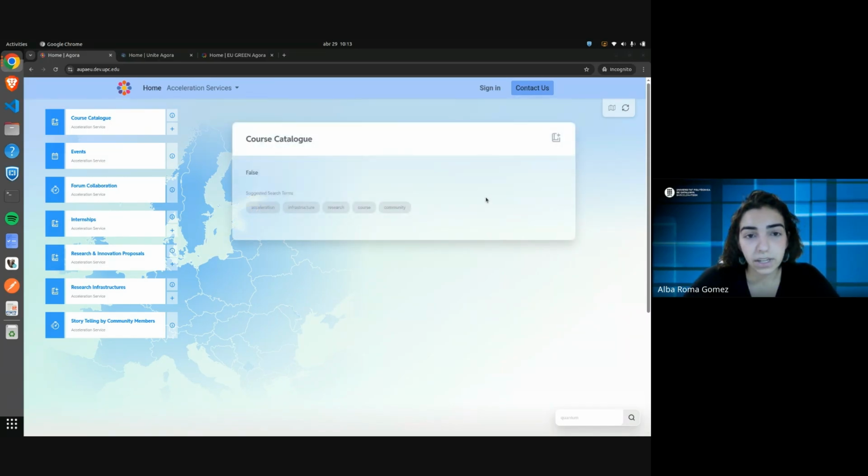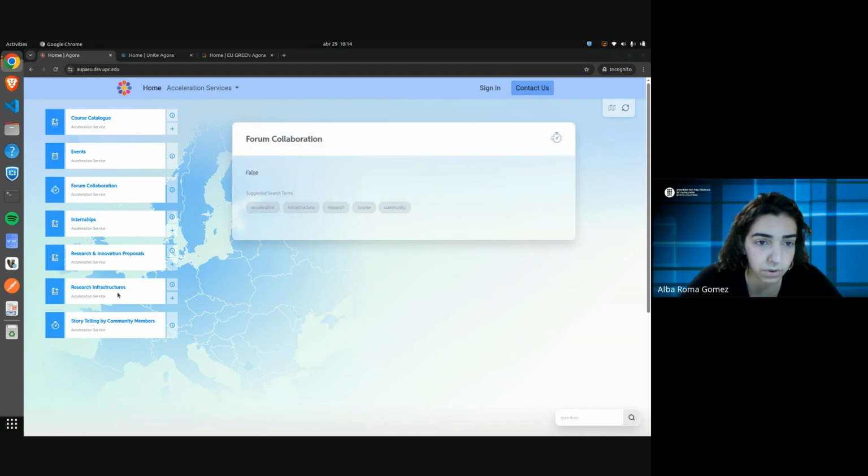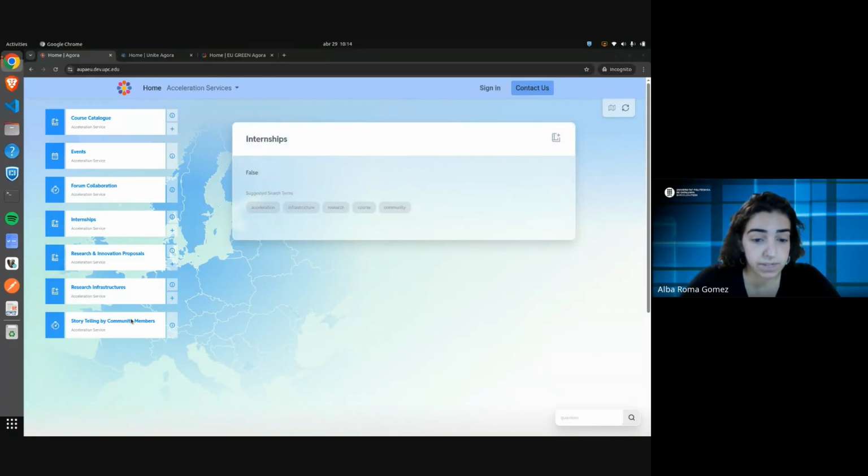And what you get is a website, and it has a set of acceleration services configured, which are the ones that you see here on the left. So this can be changed. It can be removed, some can be added, depending on what the Agora would look like. But at the initial state, this is what you get already configured to work with. This is a set of services that has been considered pretty common in different alliances when it comes to their objectives of what they need to showcase